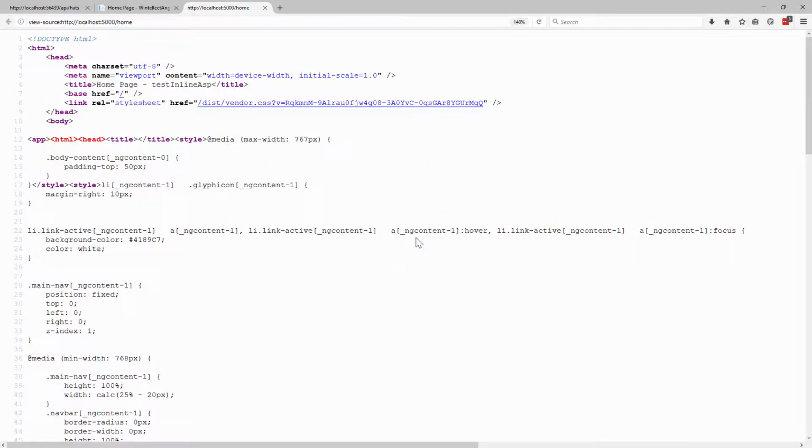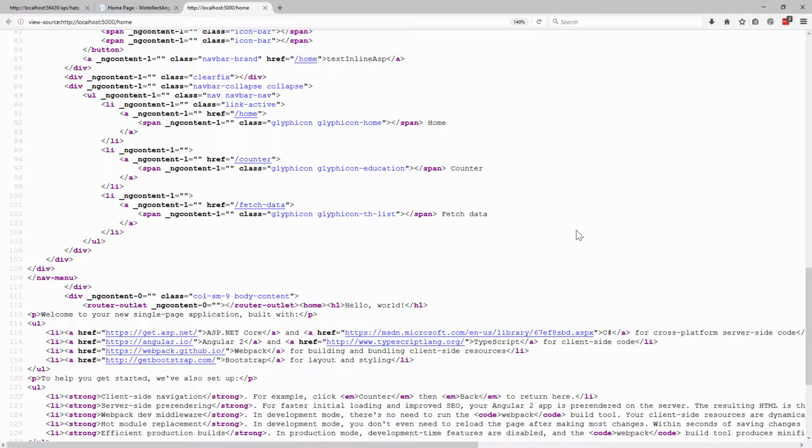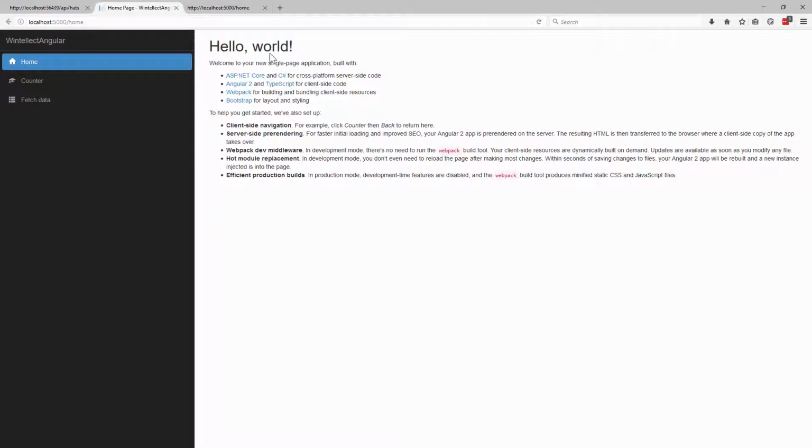But what's interesting is, if we look at the source code to this, it is completely rendered content of what was inside that app component. It completely rendered our first request. Watch, I'll refresh the page. And you don't actually see that flash that you're used to seeing. I'm even going to do a Control-R, and we don't see that flash that you get while it's still loading data for an Angular application. It's because it's using Node embedded inside ASP.NET Core to render this JavaScript as HTML